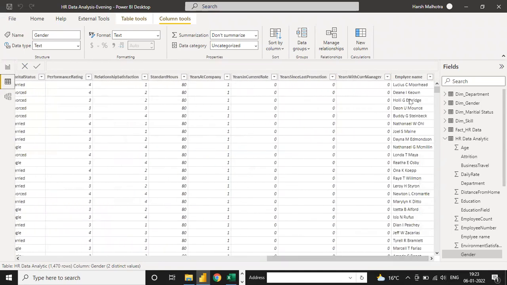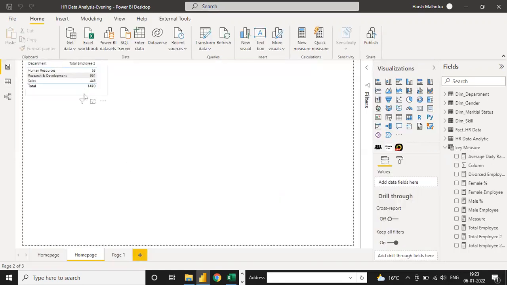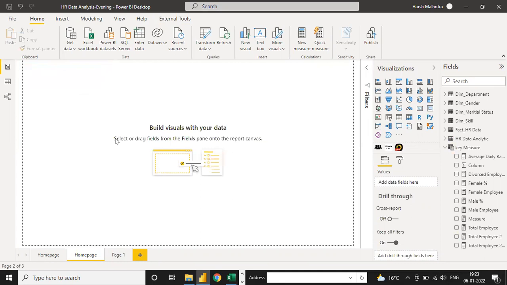Now you can see under this table, if you select this HR data, here you can see the employee name is there. Okay, so now one by one we are making our dashboard presentation. So guys, see, this is your main page of the dashboard presentation. So I am writing here dashboard presentation. For making any dashboard, you have to go one by one. First you have to put the heading, then a summary of your data, and then click on some graph chart or pie chart or any other chart on the basis of requirement.